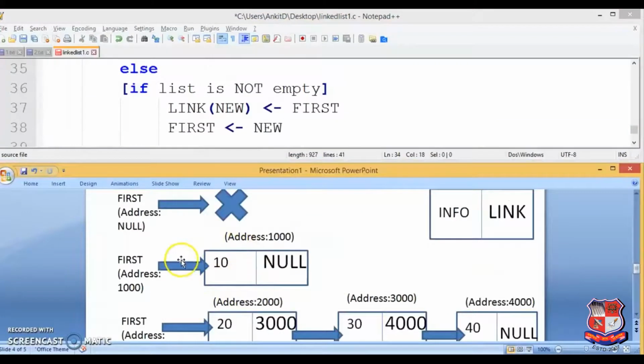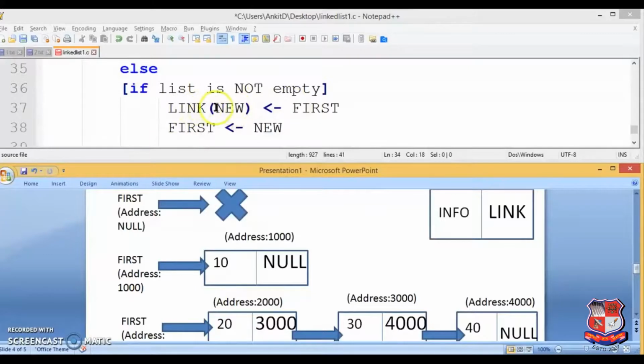In this particular algorithm, the second step is if the list is not empty. Either it is a single node or multiple nodes, in both scenarios these 2 lines will work. So we'll directly go to the multi-node case, because it covers single nodes by itself. If the list is not empty, then link of new is first.